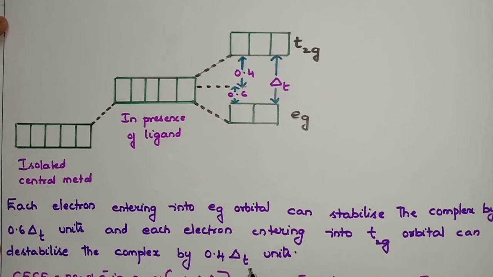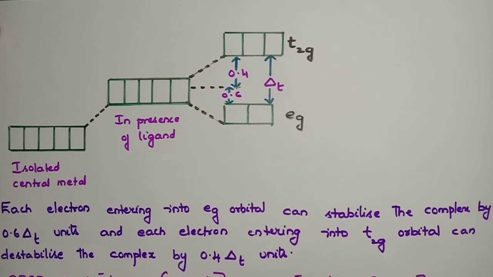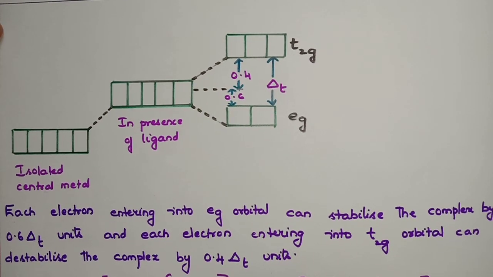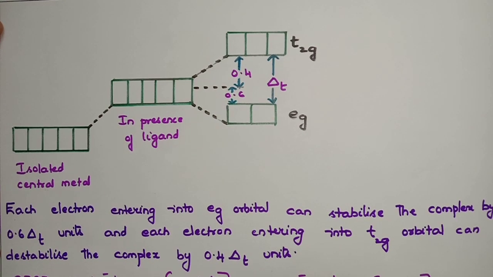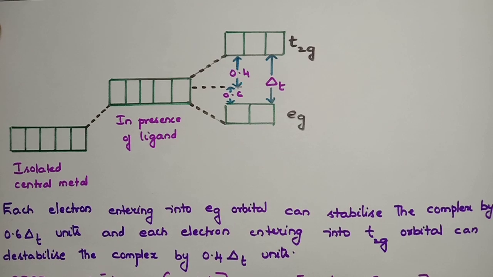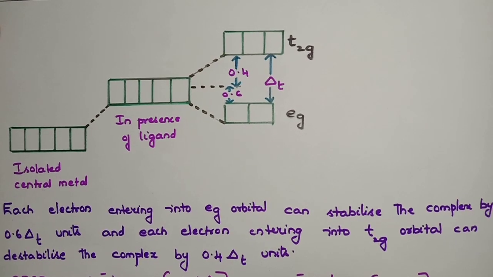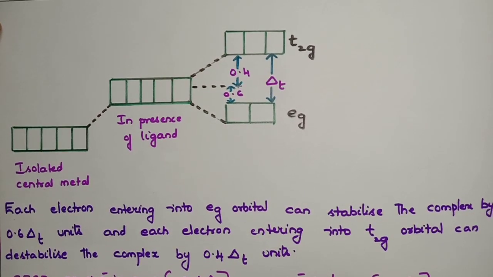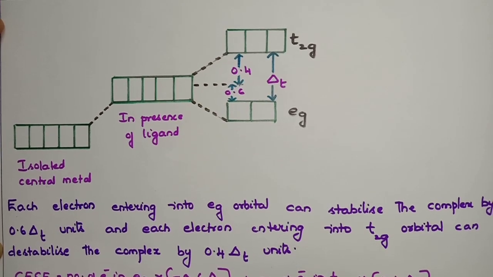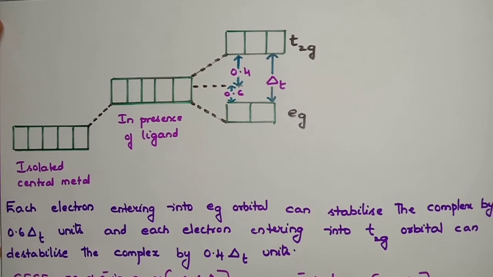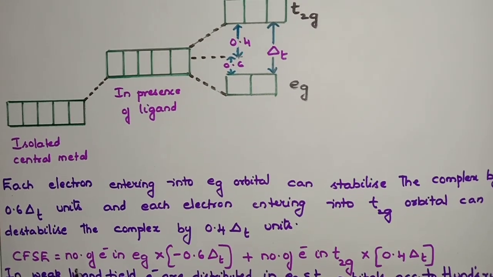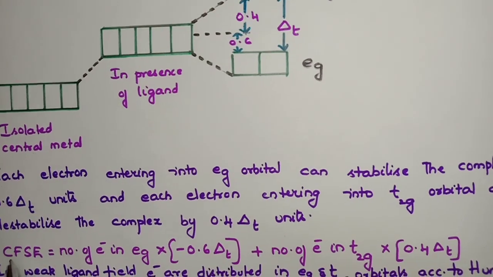Okay. Now, in the case of tetrahedral complexes, how do we calculate the crystal field stabilization energy, that is, the net gain in energy in a tetrahedral complex? Here also I will give you a formula with which we can easily calculate the CFSE, the crystal field stabilization energy, of tetrahedral complexes. So this is the formula here, students.